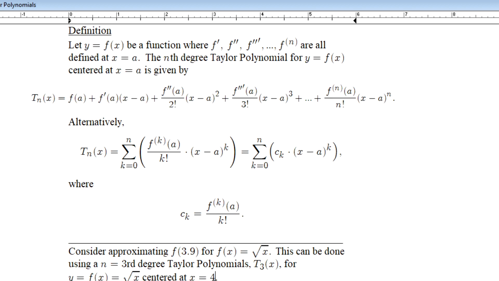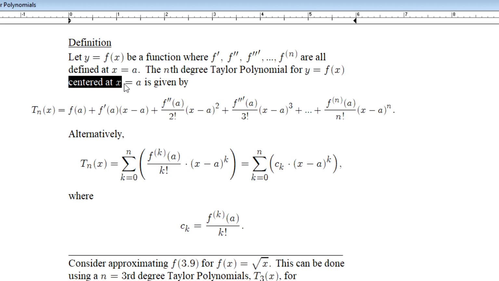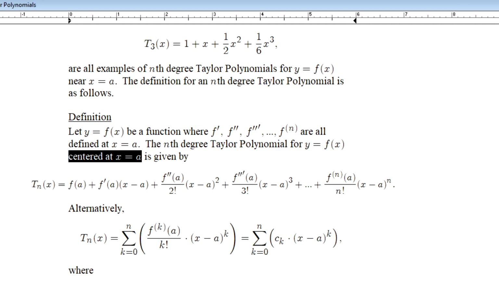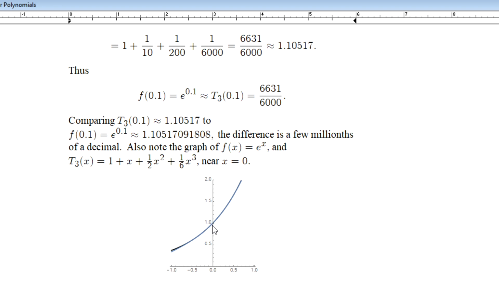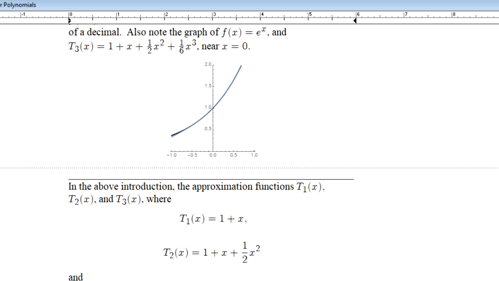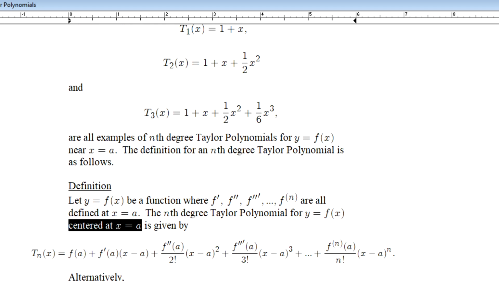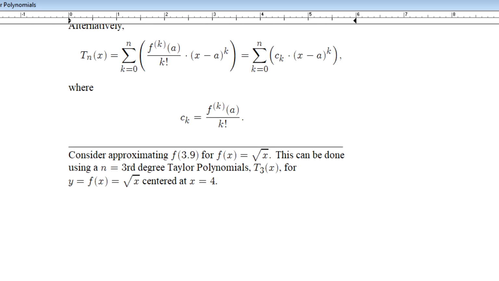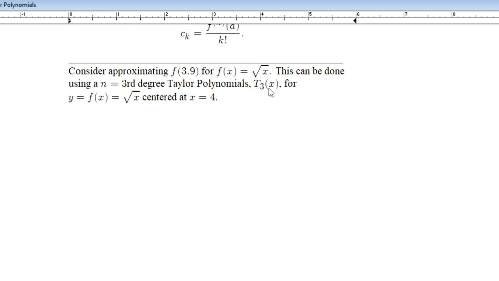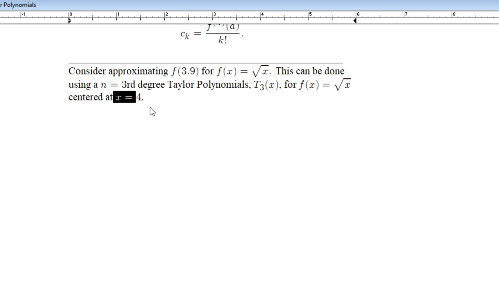The value that we're near is where we say that this Taylor polynomial is centered, right? These polynomial approximations center themselves, right, around this value of x where we're considering developing the approximation. The precision decreases as we move away from that center, right? So that is what we see given here in the terminology, right? We're going to develop a t sub 3 of x for f of x equals the square root of x, right, centered at x equal to 4, or what we might say is near the value of x equal to